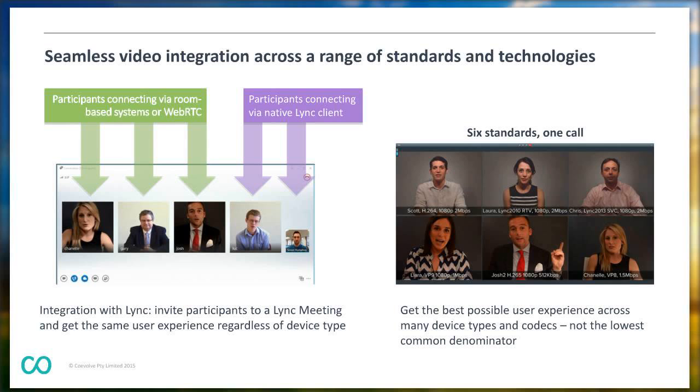But if you see some of the captions here, you'll notice that behind the scenes, we're dealing with a lot of complexity. So this is a single call, 6 participants with 6 video standards. So everything from a standard H.264 video stream that might come from a telepresence room-based system, for example, 2 different standards of Link, so Link 2010 and Link 2013, one that uses RTV, one that uses H.264 SVC, and then VP8 and VP9, which are codecs that are often seen in WebRTC sessions, and then one additional participant coming in over a H.265 connection, which is